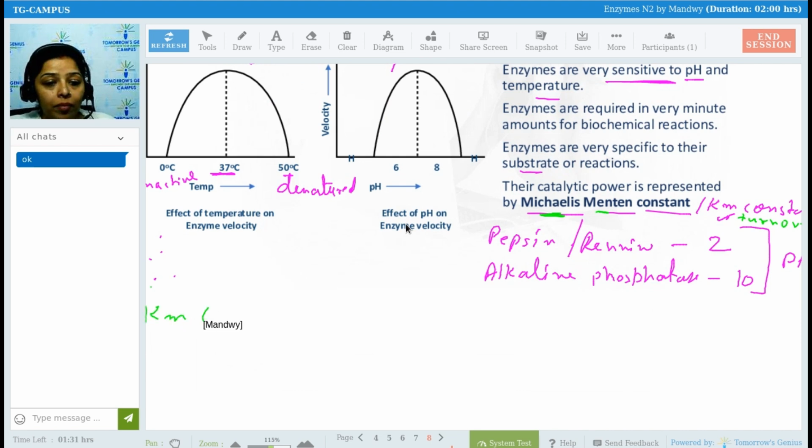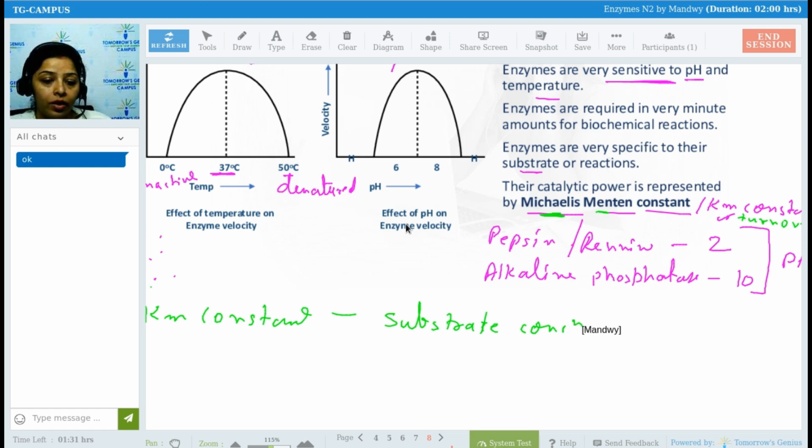This Km constant is for substrate concentration. Okay. Please write it down: the number of substrate molecules converted into product